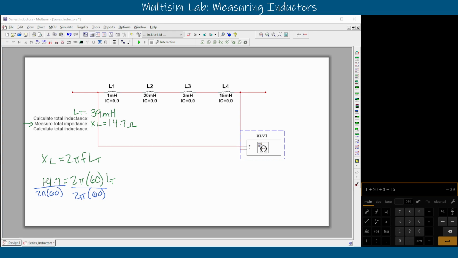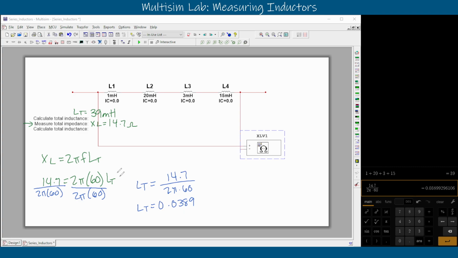And that's going to give us our final answer, right? LT is equal to 14.7 divided by 2 pi times 60. Right, and when we plug that in over here, 14.7 divided by 2 pi times 60. And that gives us a small number. That's what we expected. So LT is equal to